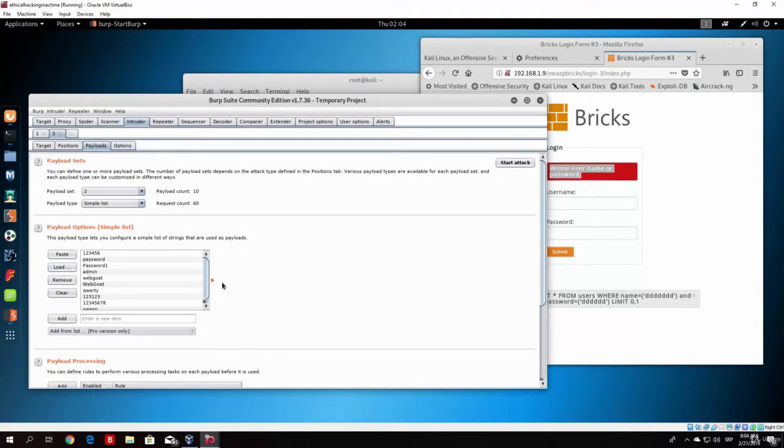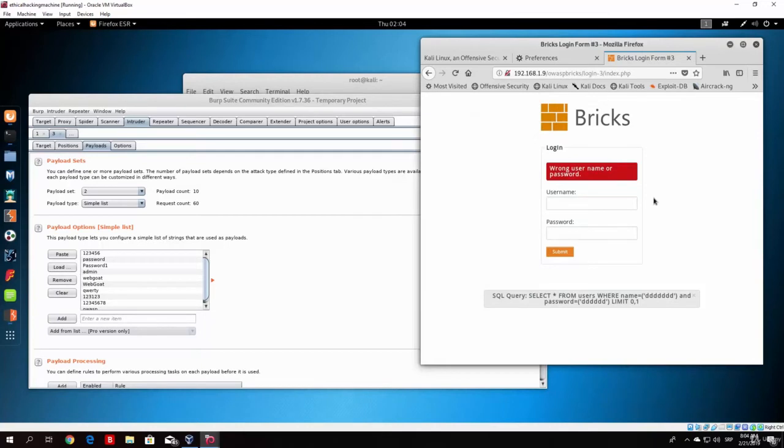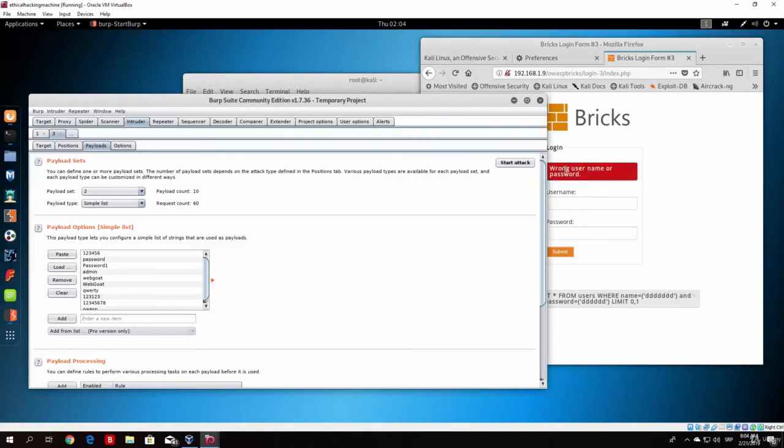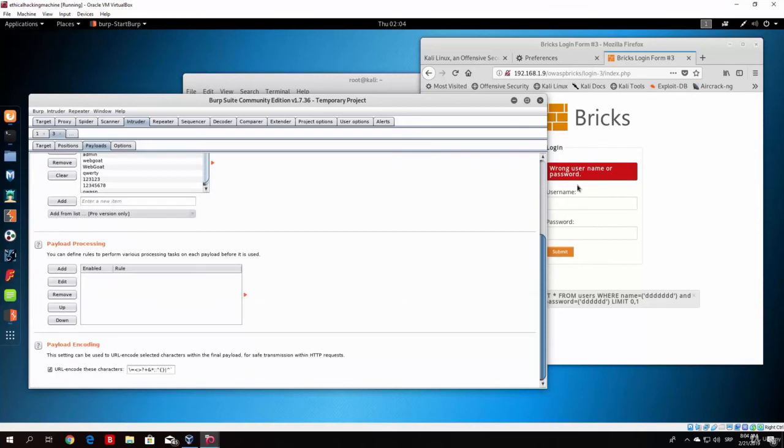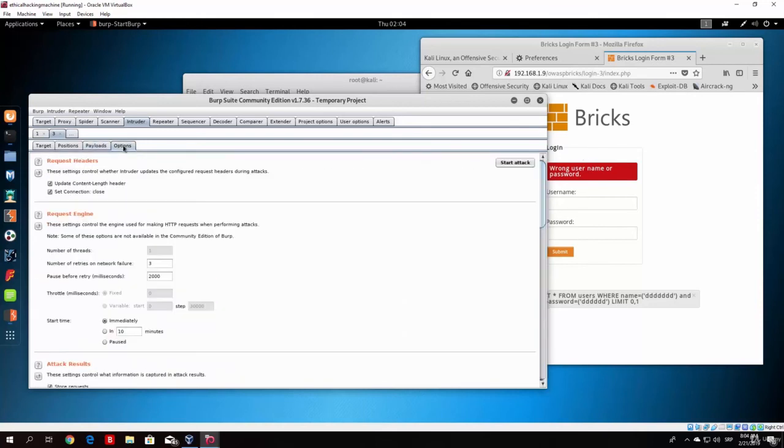Now after you do that, you want to select one more thing, which is we want to add to the Burpsuite the string that it should search for in the packets, which is this string, since we know that this string will only be prompted once the username or password is wrong. So let me just find where that option is. It is, just go here on the options,